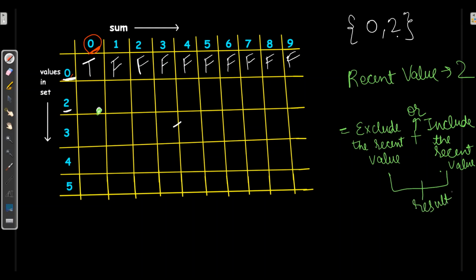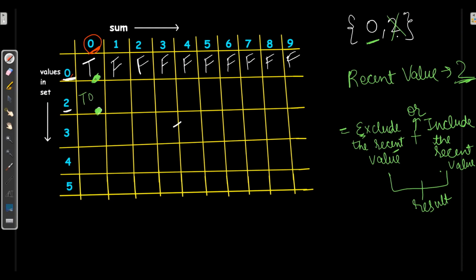Let's see how. First I exclude the recent value 2, and on the basis of the earlier value 0, we calculated this in the above row, which was true. So here I will write true.